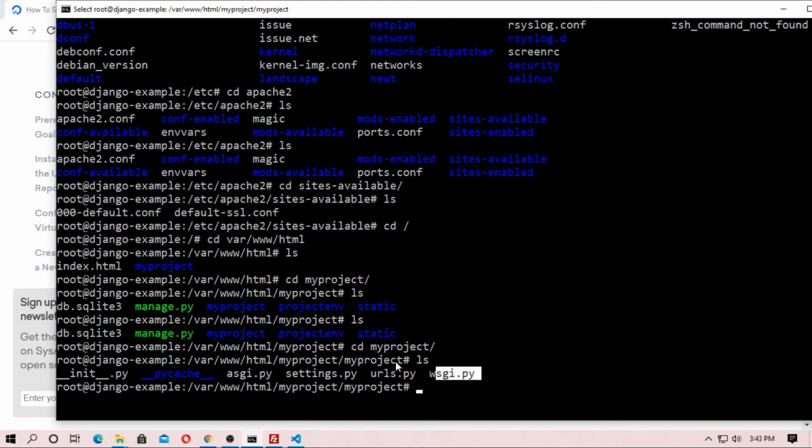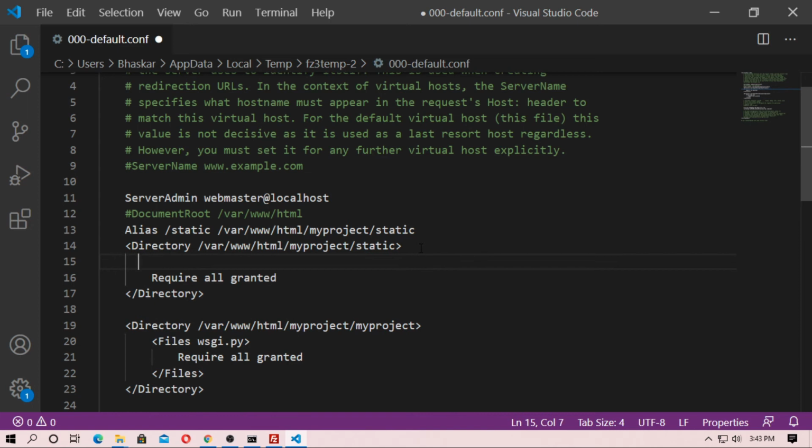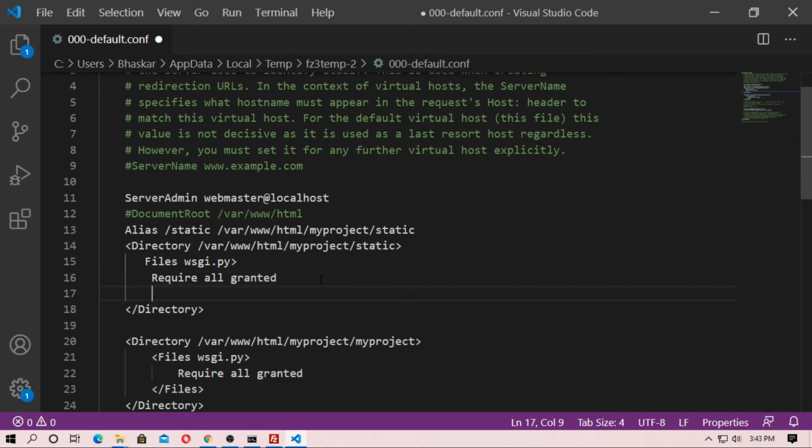Okay, now copy this path and go to the editor and paste here. Okay, and also you copy this and paste after the directory tag, and also copy this and paste after require all granted line, and just add a.